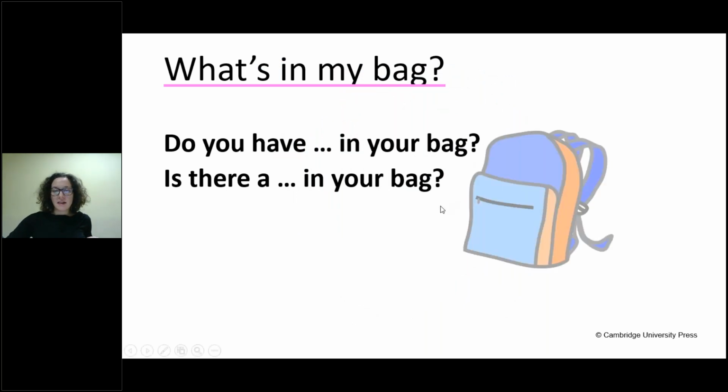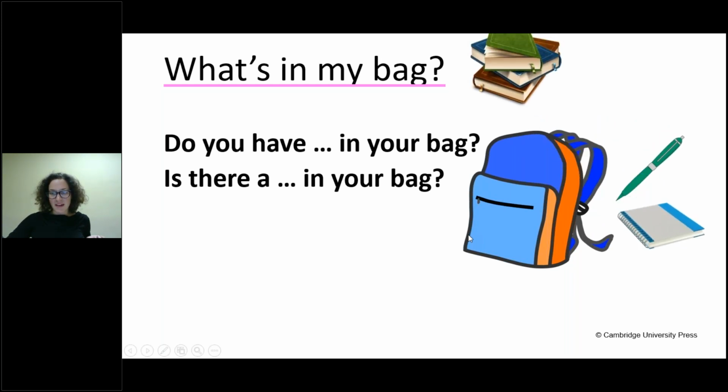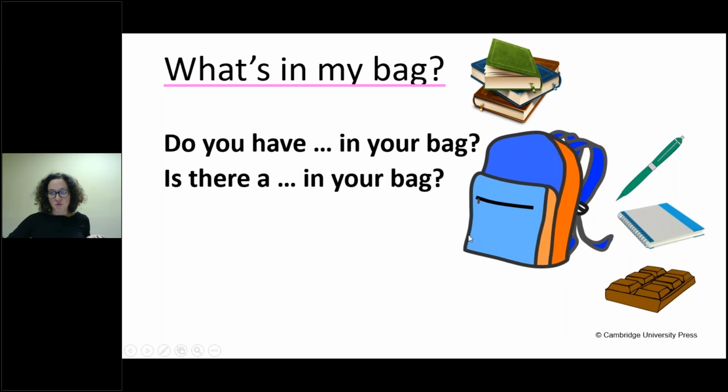Talking about realia, zero preparation again. Do you have a banana in your bag? No, and so on. Is there a pen in your bag? Yes, there is a pen in my bag, and you show it. Then they can do the same in pairs